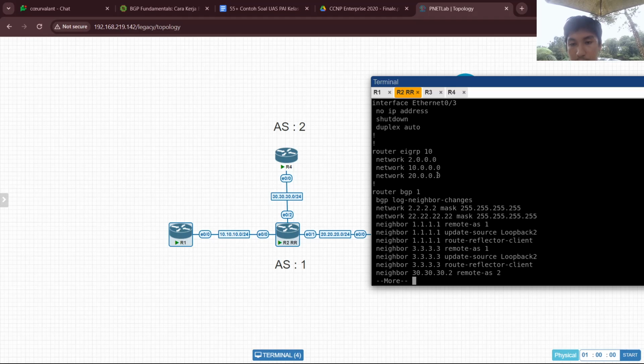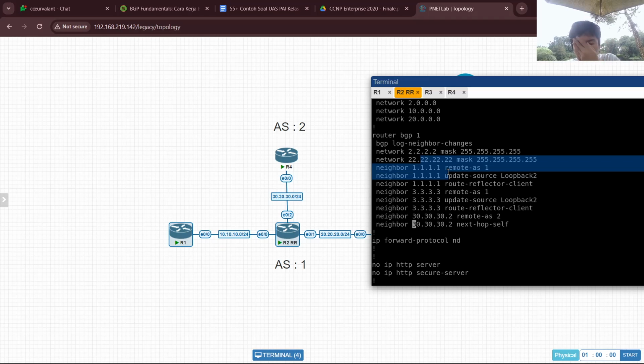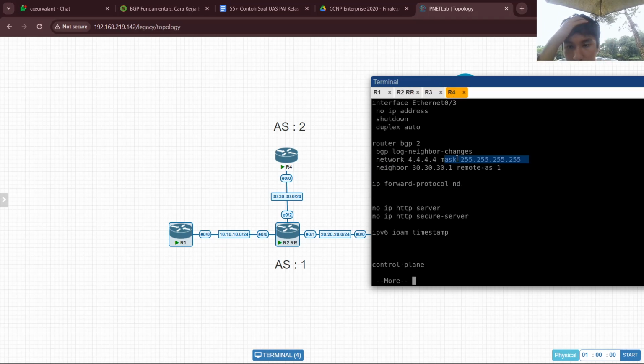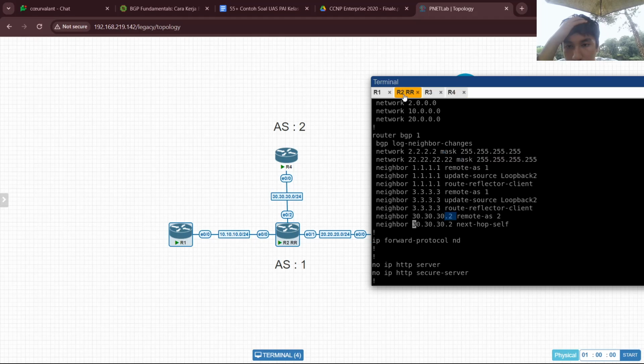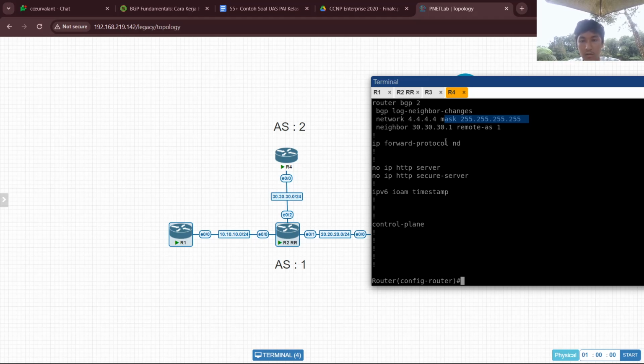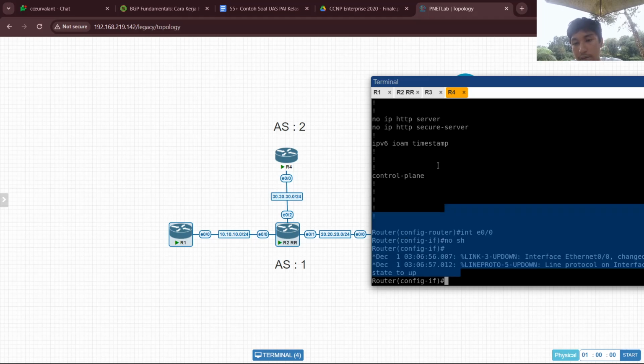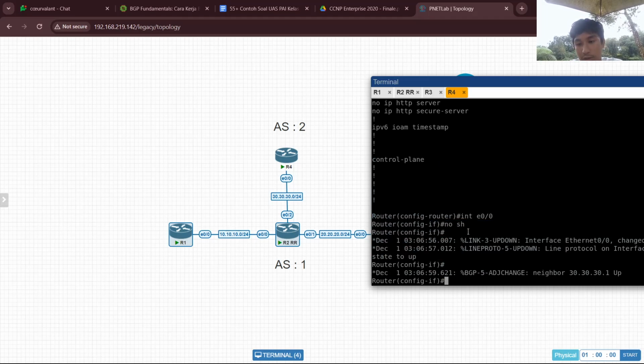Sorry guys, I forgot to turn on this interface. Now the BGP is up. So now we can show it.